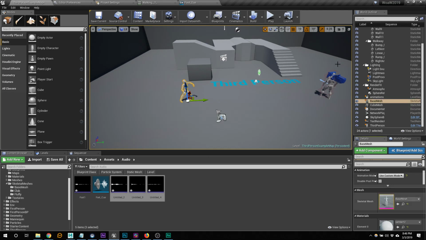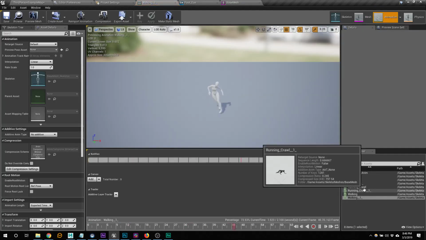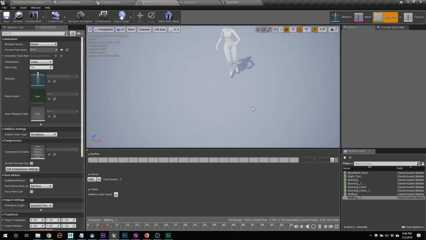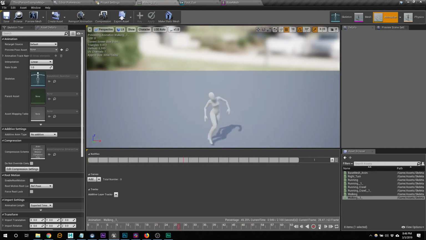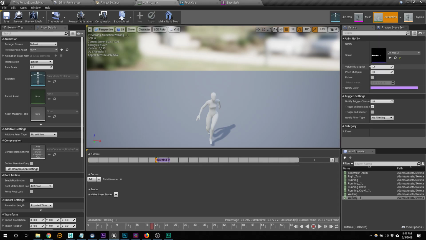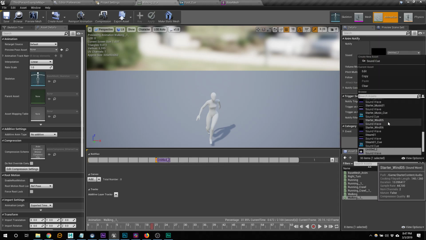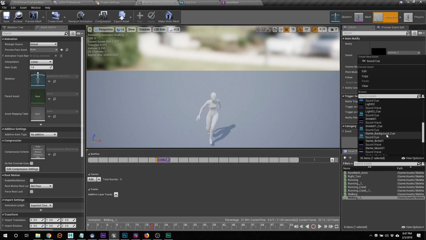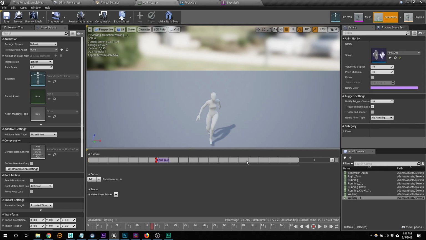And on the walking in place, you see there is a timeline here. If I drag it to when it takes the first step, I can right click and say add in a sound. And this sound is going to be my foot cue. Cool. And then next step, right there, right click,